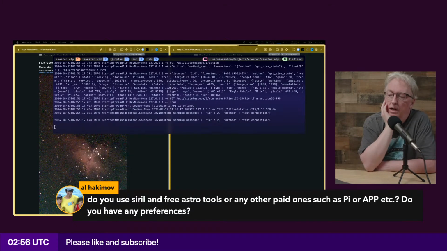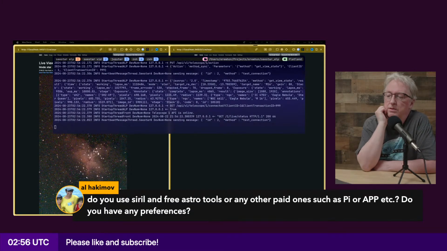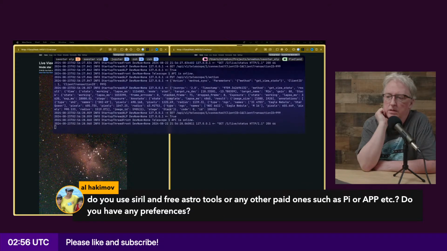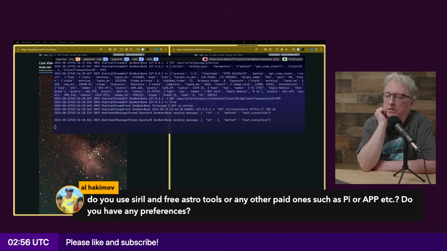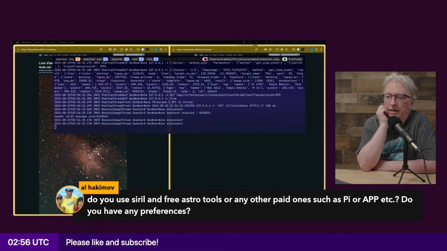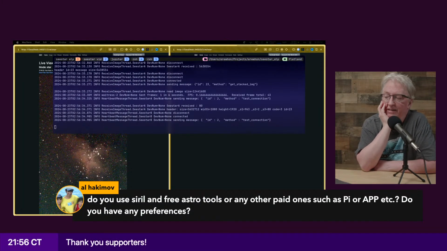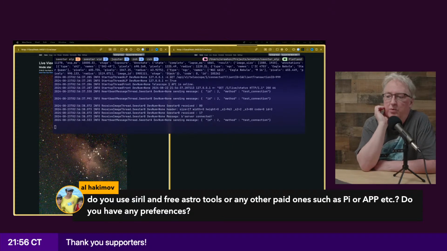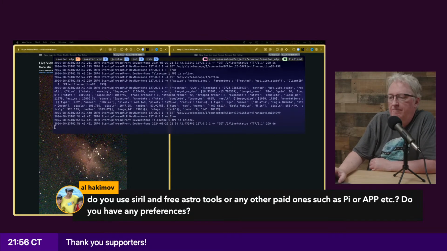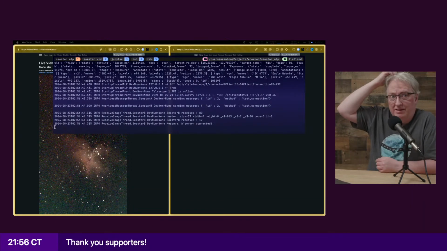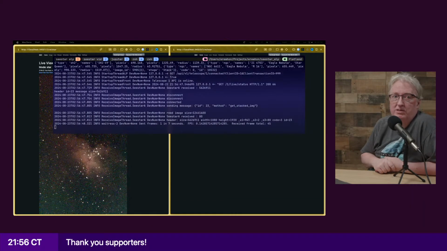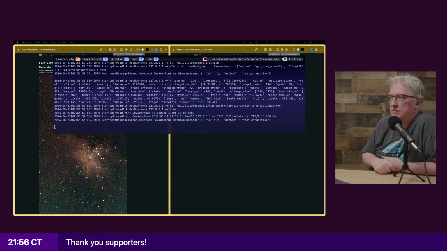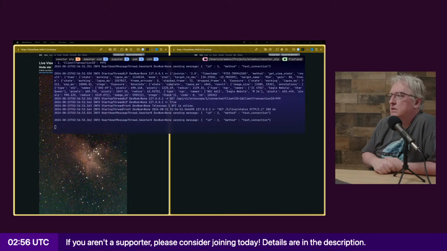So I personally use Cyril and Graxpert, and I know Wiley Site does as well. And I know other people do use Cyril. I got a trial of both PixInsight and APP, and I didn't really use either one during the trial. But I've seen some really impressive results with PixInsight, and I'll probably buy it eventually. But everything I do is with Cyril.